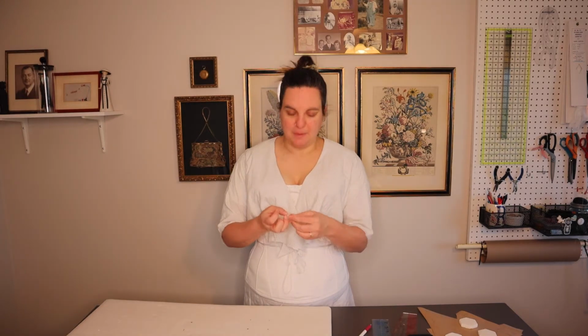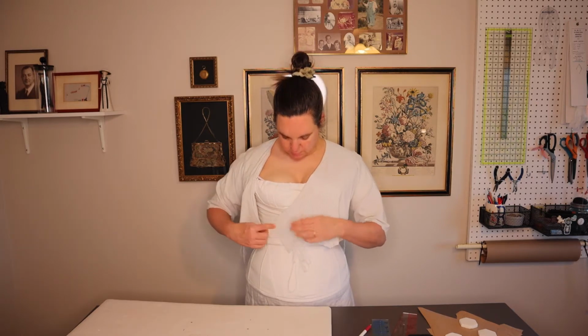The only other issue I think I'm having, but I don't want to deal with too many problems at once, is that I might have too much, ouch, I got myself with a pin there. There's an awful lot of fabric here. If I hold this about where I think I'm going to pin it, there's a lot of fabric. You are supposed to gather it and take the darts in, but even if I gathered this where it wants you to, there's just a lot of extra. So we'll have to see when I get to the second mock-up if it is something I want to pin out. I'd like it to be slightly more form-fitting,